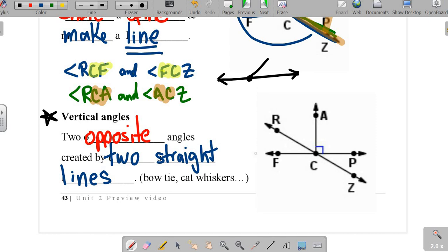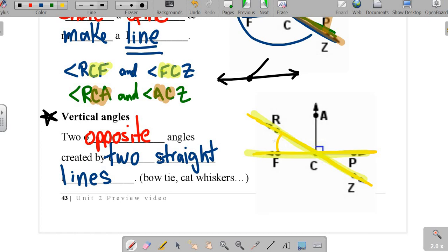For example, trace FP. Now trace FZ. Do it again. Trace FP. Trace FZ. We also call these bow tie angles or cat whisker angles or X-wing fighter angles, whatever visually you